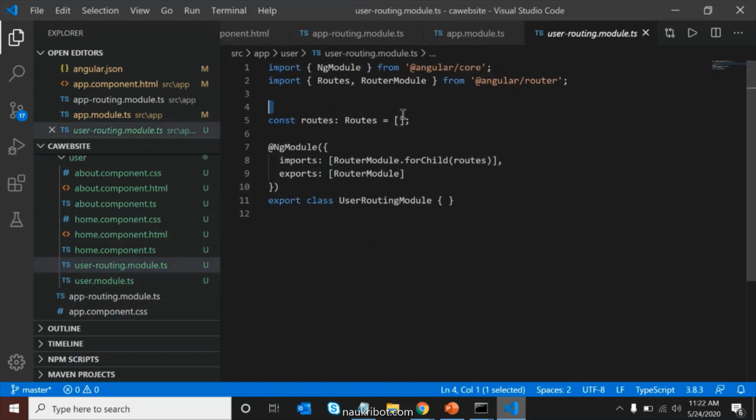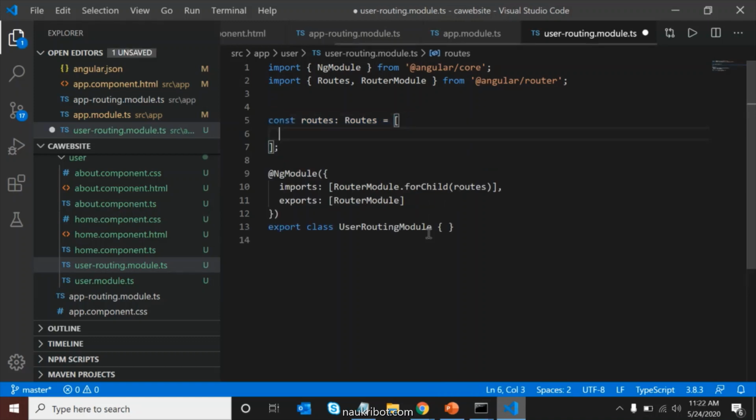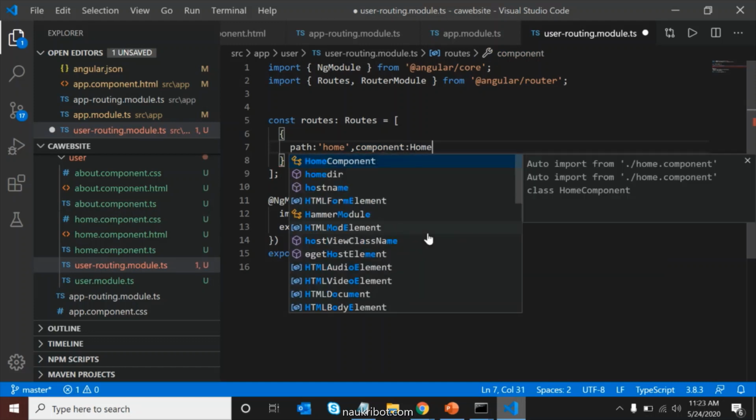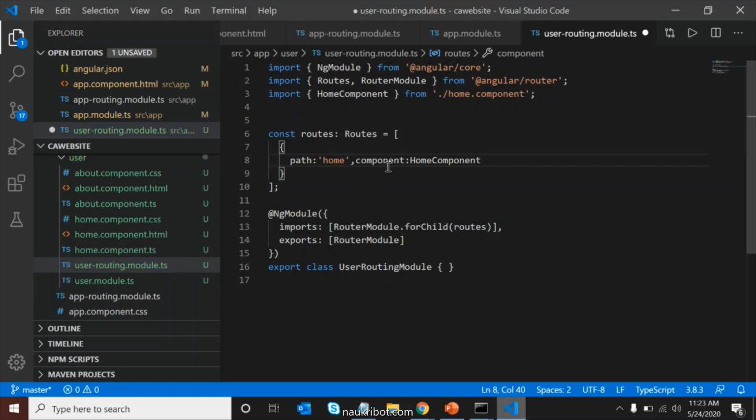So do you know that this is the local routing file, and here the routing array. So I will just go inside and write path, and I will define the path like whenever there is a user, comma, not user, directly we will do home. So what we need to do is we need to call the component. Which component? We need a home component. So to define the home component, I will write like this. After defining this, it already includes this import also. If it does not include it, you need to import it by yourself.